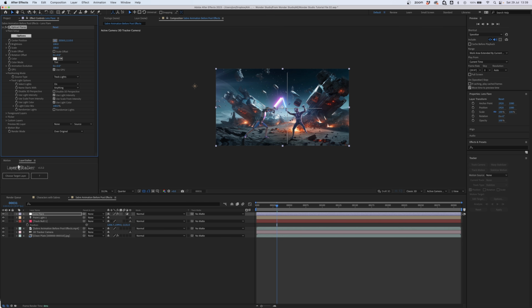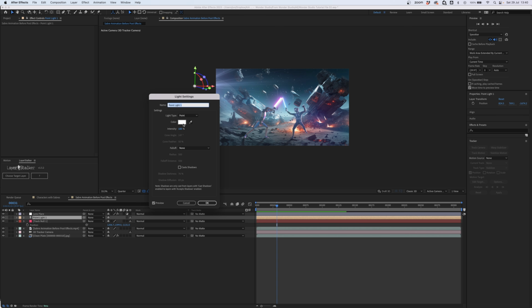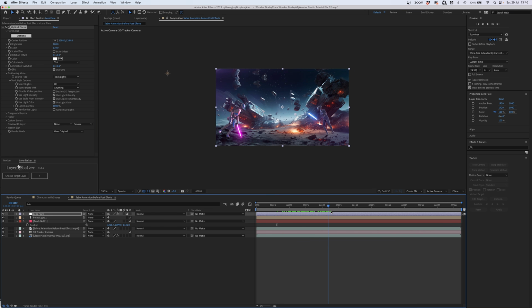And we can set the center point for where that lens flare is pointing. We can play around with the brightness. And at the moment, it's set to take the color from the light. So we can click on the lights, double click and set the color. So I think from the left, I want to have a slight pink hue. And we're going to drop down that brightness. And we have this lens flare that moves around in our scene.